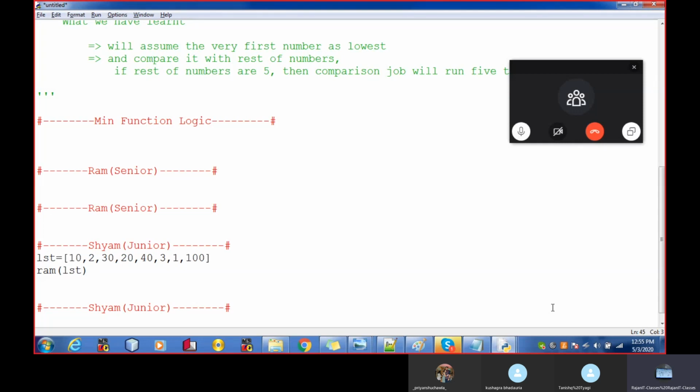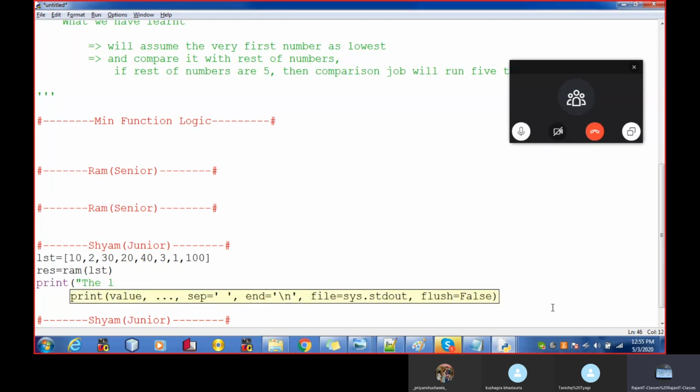If the Ram throws the value, then Sham will have to catch the value. So Sham is actually catching the value. And here I will show the lowest, the minimum value of the list.